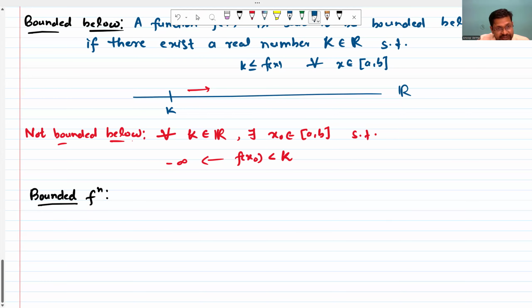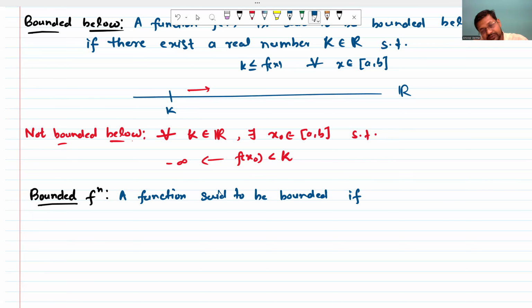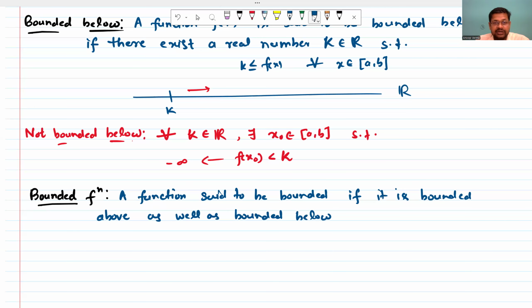A function said to be bounded if it is bounded above as well as bounded below. दोनों हो, है ना, बाउंडेड एबव या फिर बाउंडेड बिलो, दोनों चीजें हों तभी वो फंक्शन को हम बाउंडेड बोलेंगे. तो अगर हम इसको डिफाइन करें इस तरीके से, इट मींस